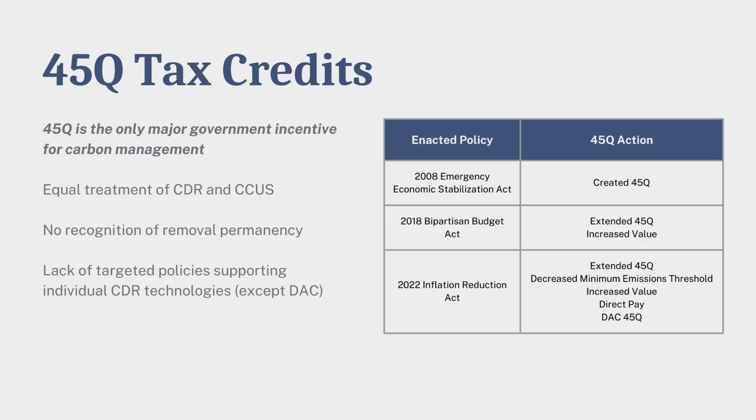And perhaps even more importantly, all but one federal program fails to provide consistent funding to scale carbon management. The only program that provides this is the 45Q tax credit. 45Q was first established in 2008 during the financial crisis, and today represents the only substantive and continuous government subsidy for carbon management. It provides a federal tax credit for every ton of carbon sequestered or utilized, but doesn't take